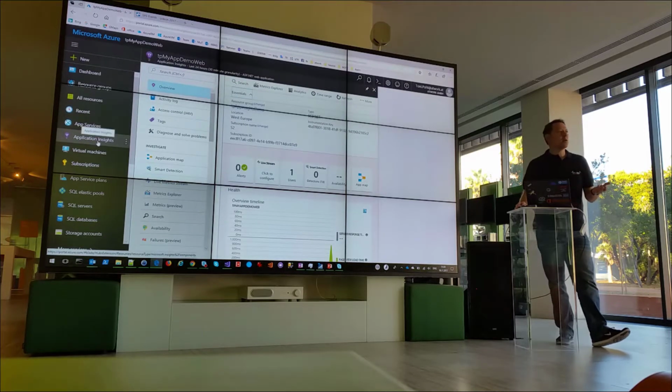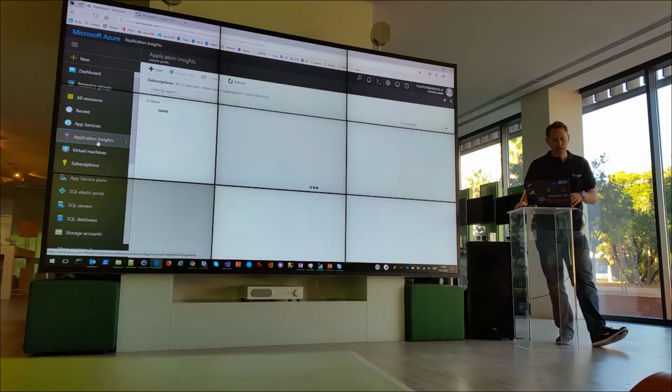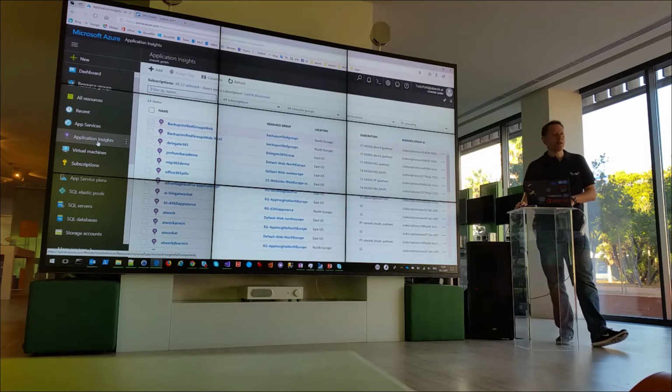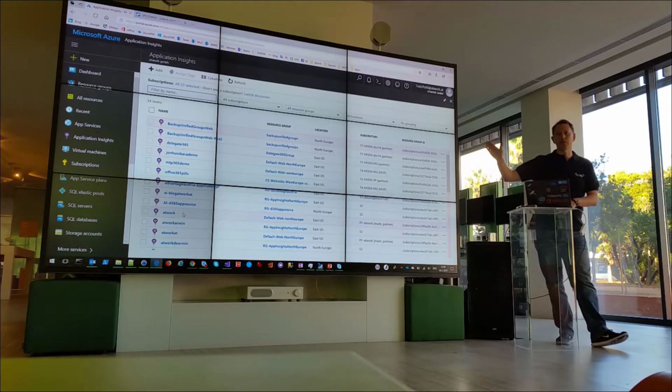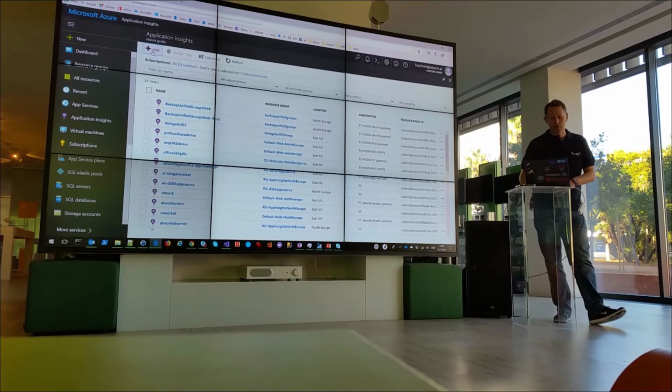Okay, if you want to start working with Application Insights, it's a service within Microsoft Azure. So simply go to the AppInsights module. And here you can see I already have a bunch of Application Insights projects created. So the first thing you would go in here and say, I want to add a new service. And now you get a wizard